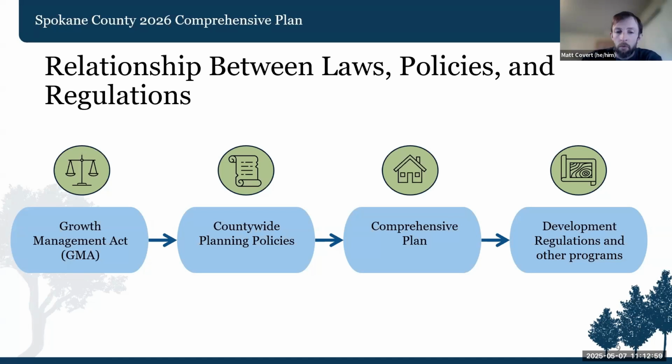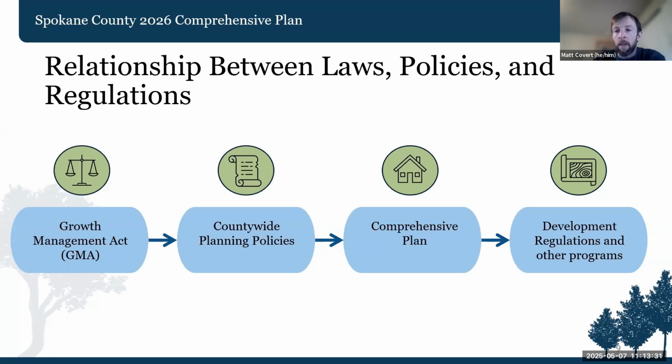There are also rules that the county and the cities have together for coordinating on countywide issues. Those are called countywide planning policies. The comprehensive plan has to be consistent with those and with the GMA, but then all of those requirements get funneled through the comprehensive plan, the goals and policies that result, and are implemented through the county's development regulations. That's things like zoning, dimensional standards, subdivision requirements, permit procedures, critical areas ordinance, and